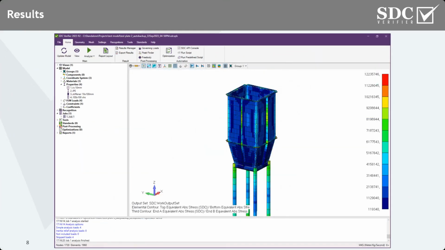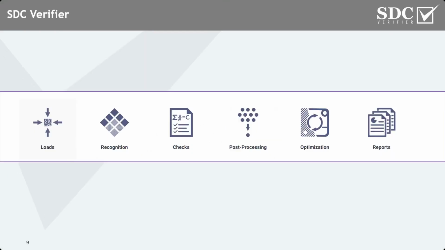Results. Since we have our own graphical interface, we are able to present not only the code checking results, but also the results of, let's say, classic finite element analysis. The model can be rotated, and all parameters can be set, as you can see in the picture: the background, the colors, the legend, the step, and save it to use as a picture in the report, under the different angles that you require. The new product also has all the existing functionality of SDC Verifier, as I previously mentioned,